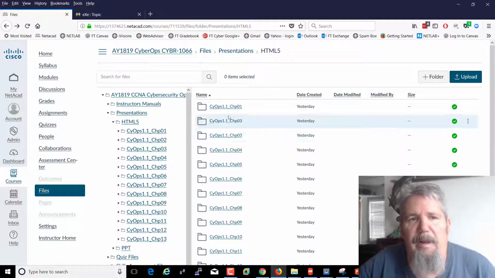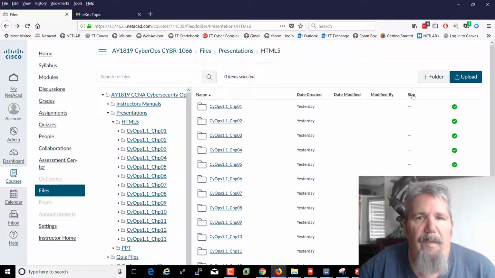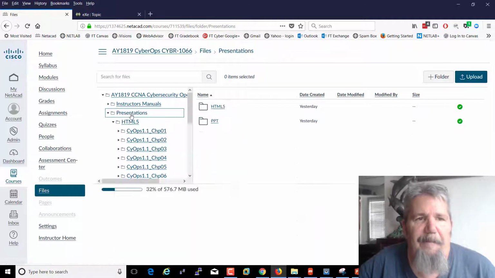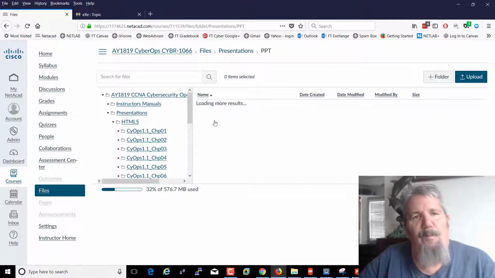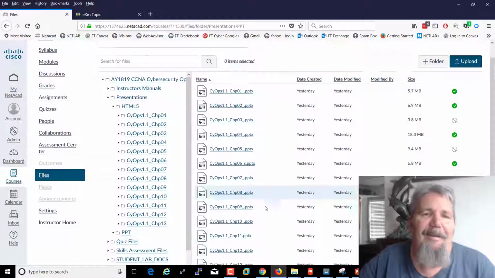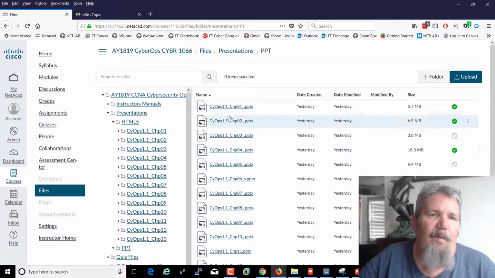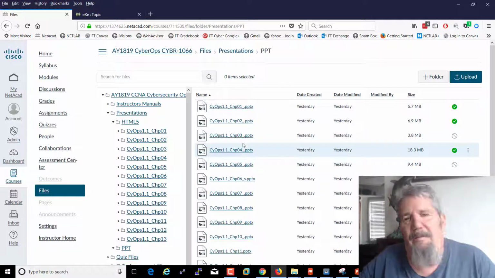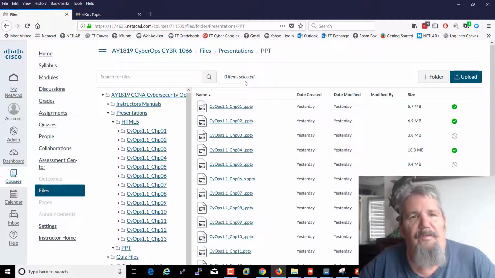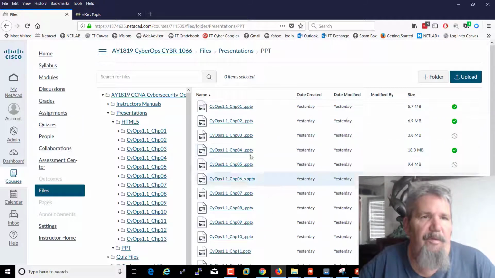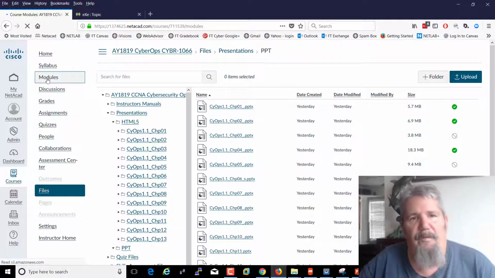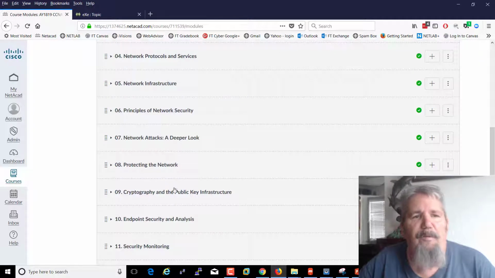And the same thing, I went ahead and did the PowerPoints also, for the simple reason that I don't know which way I'm going to go. It depends on what shows up the best on the different platforms. I'm going to show you in a minute that students are actually starting to pull this stuff up on their mobile devices. I'm not sure which one's going to show up the best. What I was going to show you is,